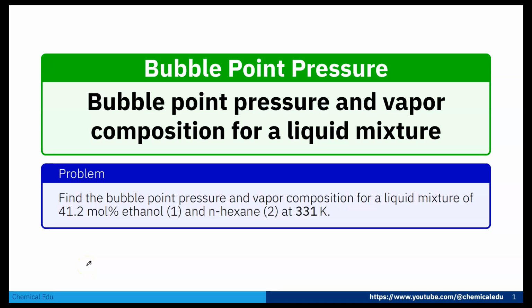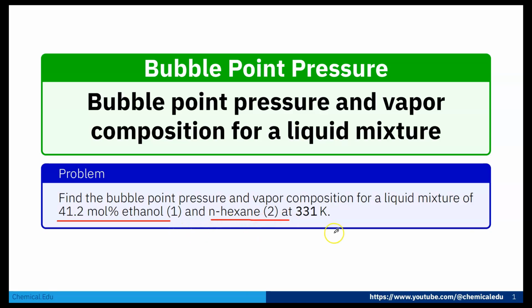Today I'll solve one numerical problem on bubble point pressure and vapor composition for a liquid mixture. Here is the problem statement. Find the bubble point pressure and vapor composition for a liquid mixture of 41.2 mole percent ethanol and n-hexane that